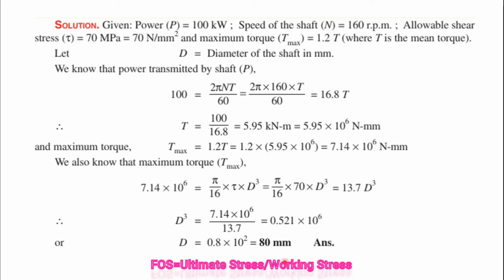If you wanted to take a factor of safety of 2, then you have to multiply this diameter, 80 mm multiplied by 2, will be 160 mm. If you wanted a factor of safety of 3, you have to multiply the diameter by 3, so you will get 240 mm, and so on. So by increasing the factor of safety you also increase the diameter of the shaft, which means the shaft will be safer and it will not rupture or twist even after quite a long time.